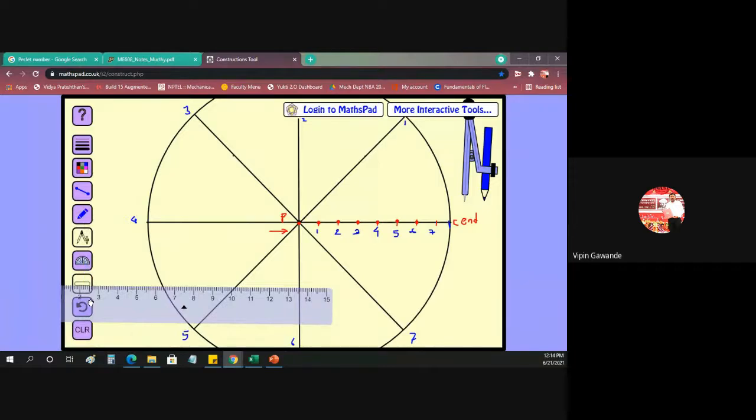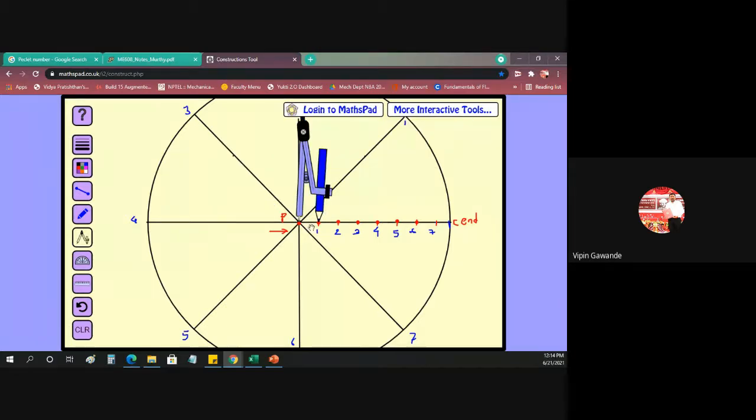Now the same procedure that we followed in the last problem. Take the P1 distance in the compass, because when this PC rod comes to the P1 position, how much division will it move? 1 division. So we have to take 1 division in the compass, and it will move here. So we got our first point, that is our P1 point. Now when this PC rod comes to the vertical position, P2.